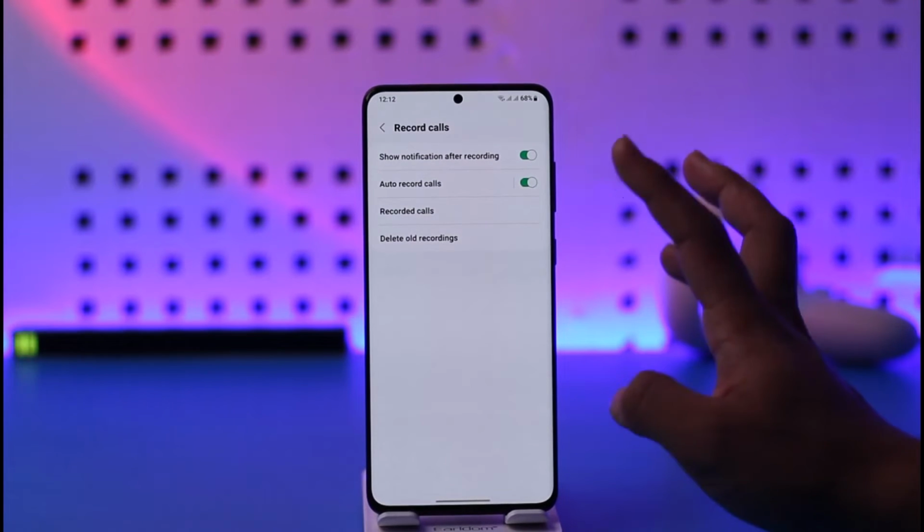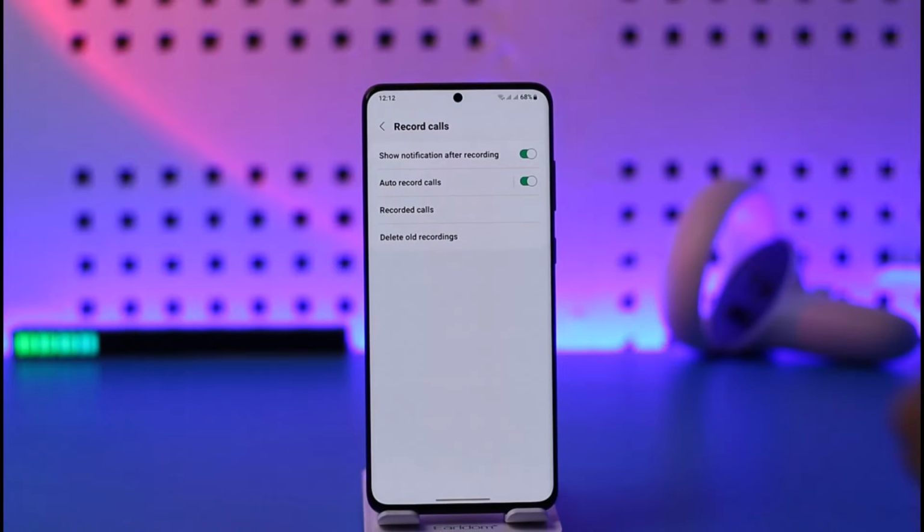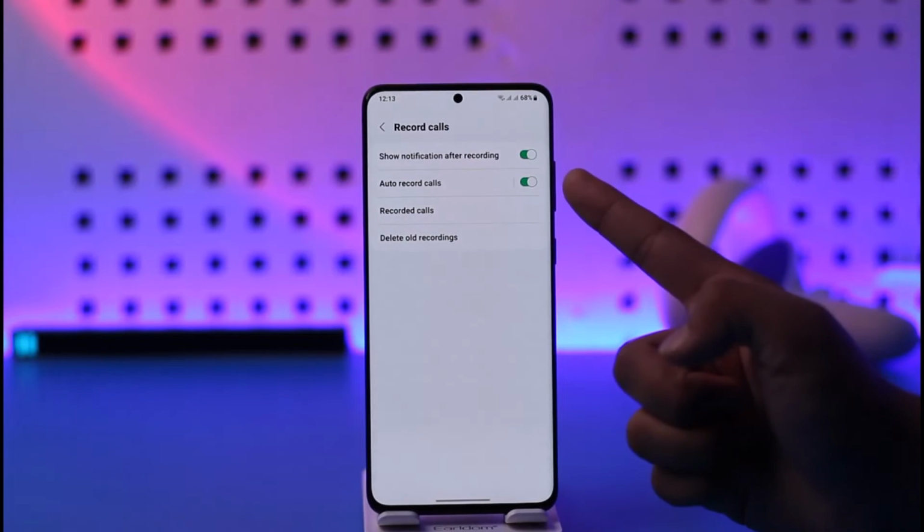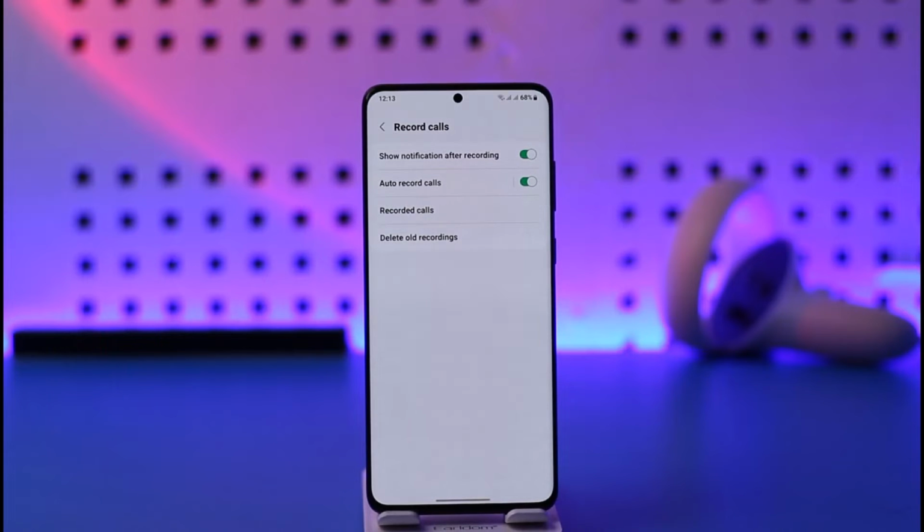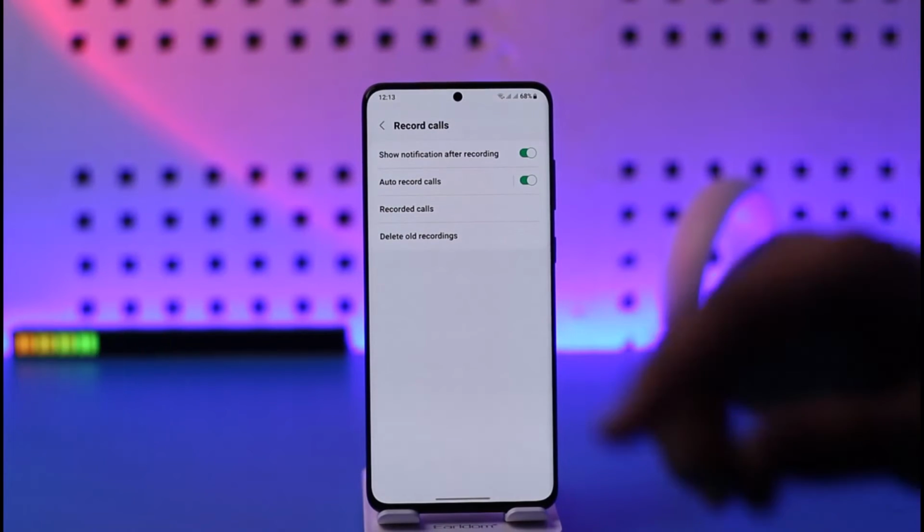Samsung is one of those very few companies that actually will let you record the calls without any announcement and auto record them as well. So you can turn on auto record. Next time whenever someone calls you, the call is going to get automatically recorded,